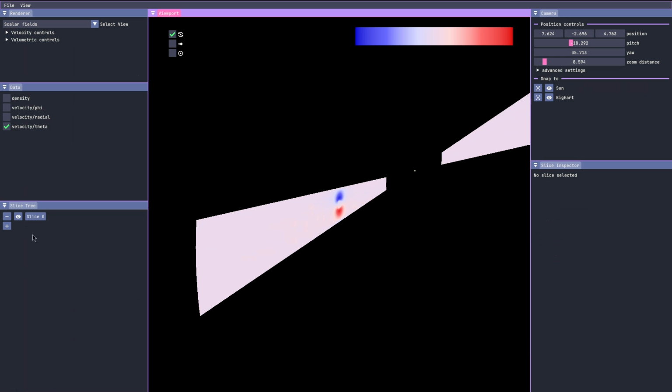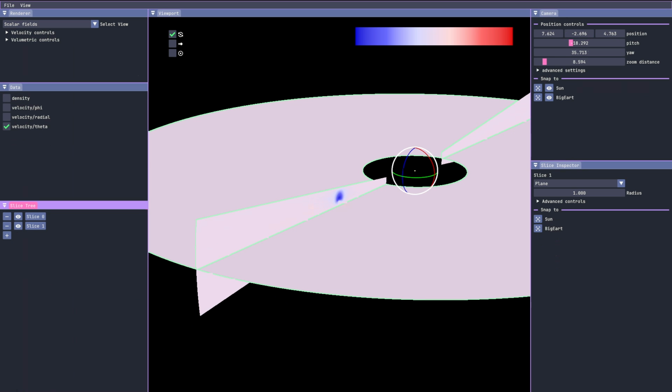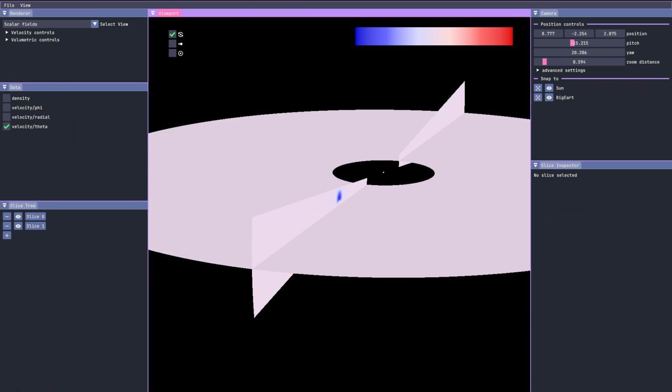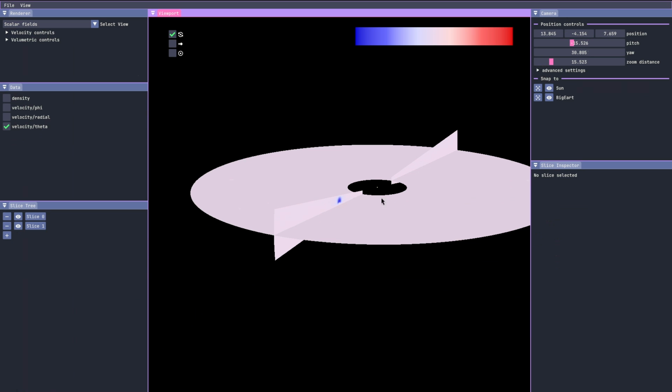If you want to see both, you can just create a new slice. And boom, we have two slices. We have a vertical one, and we have a horizontal one. But we can go further. We can create a third slice. Click on it to select its inspector on the right, and then change the kind of slice we have. So far, it's a plane, which basically cuts through the environment as a plane. You can also pick a radial